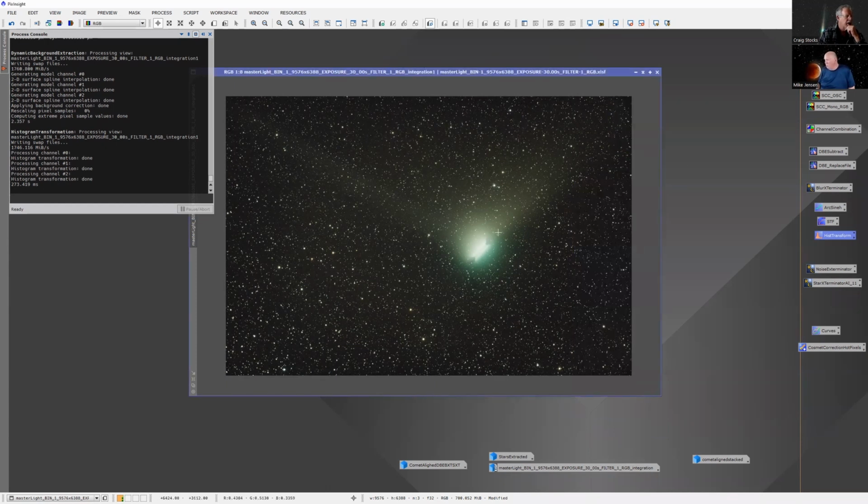And then the last 2 things I would do typically is run noise exterminator to remove any noise. And then the final step is to run Star Exterminator to not only remove the stars, but also extract them to a separate file. And you do that by checking the Generate Star Image checkbox. And I always check the unscreened stars, which uses the reverse of a screen blending mode to remove the stars so that you can add them back with a screen blending mode. So I would run that. And once I do that,